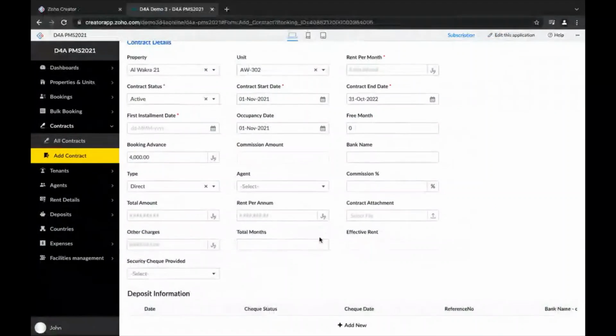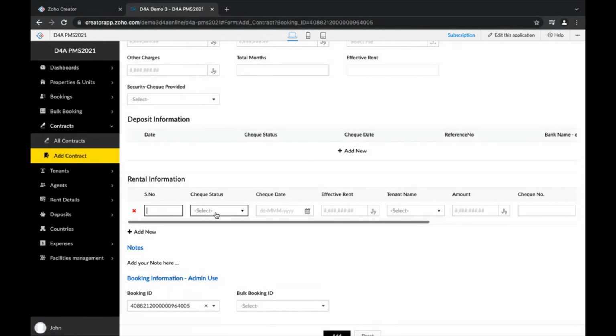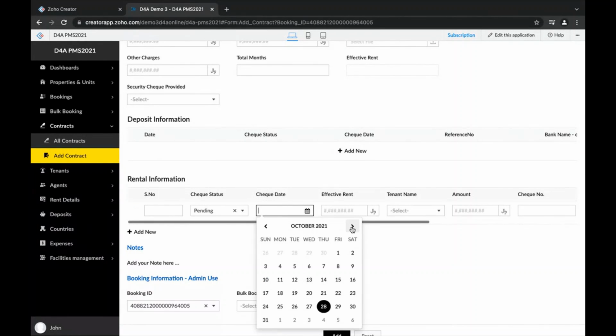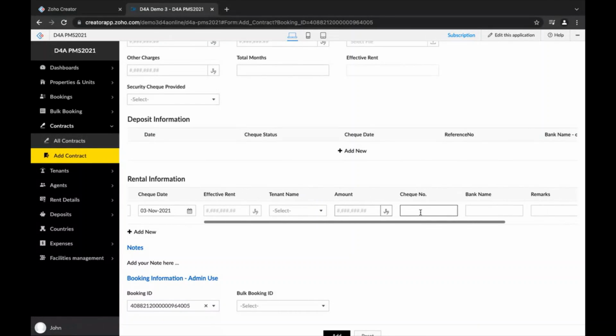See, checks, basically what we do is we get the details of each individual check. So first, as I said, it can be a PDC or we can mark it as pending. So we have the check date, and effective rent is something when you are giving 3 months, the system will auto-calculate all these details, and then we input the check number and the bank details.